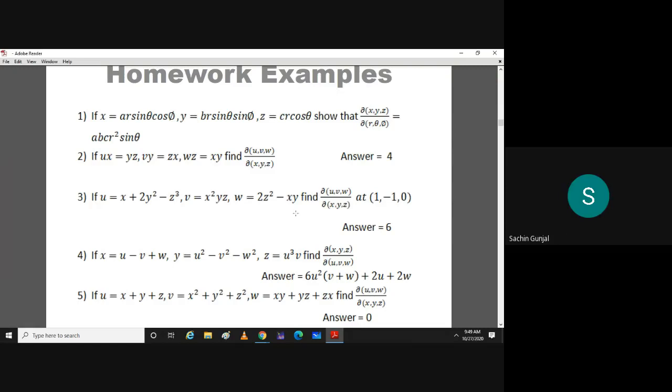Sir, in the midterms, can we use a calculator? Yes, of course. Thank you, sir. Sir, for matrix calculation also, 3 by 3, can we do that also? Yes, yes. Have you taken a screenshot of this? Yes, sir. Fine.